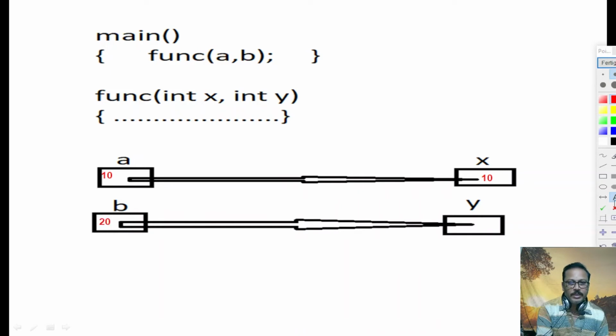So that is actually copied. So 20, that is actually copied. Okay. Now within the function,